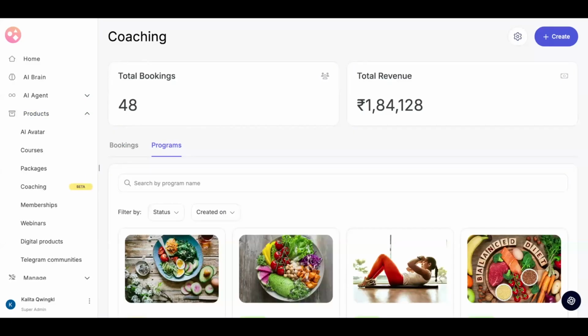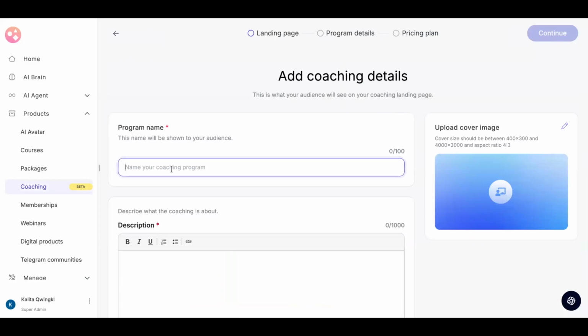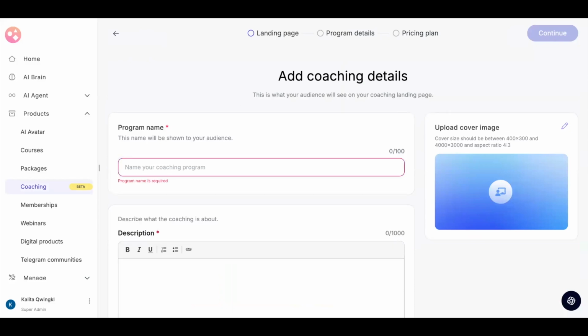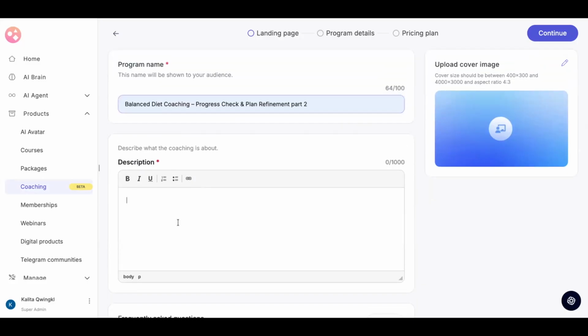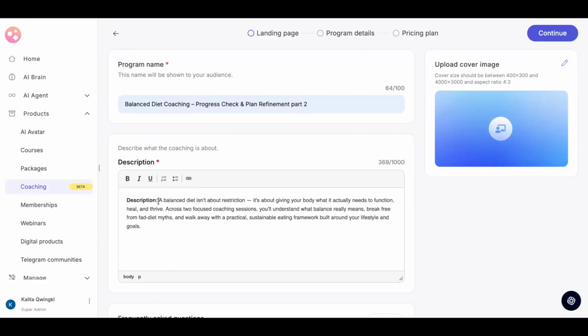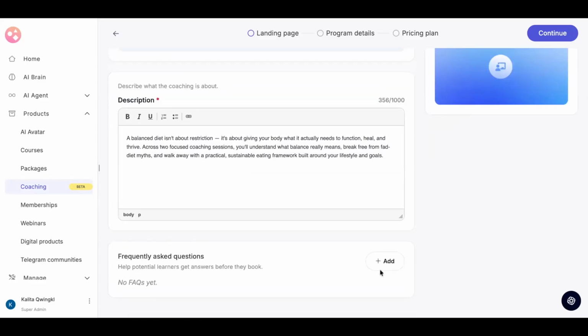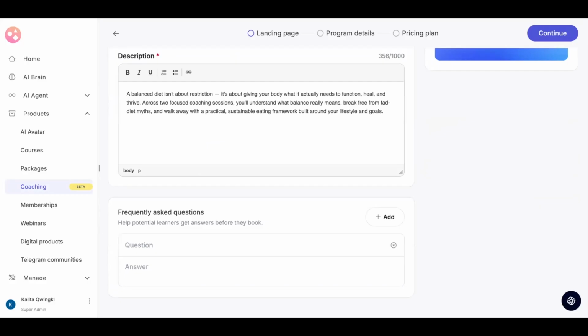Okay, in this section, we will learn about how an admin can create a program under the coaching tab. So you can go to create, and essentially you can have some basic details filled out here, like the program name. Then you can have a description right here, and you will be able to add some frequently asked questions, which are general things that you need to add when you do set